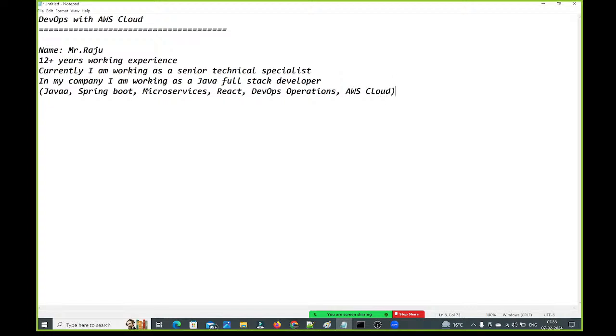Guys, I'm not only a DevOps engineer, I'm a complete full stack developer. Once a project is started, till delivery, till deployment, I'm involved in all the stages. So I can explain each and every concept in detail with internals, guys. Why? Because I am a full stack developer. I know the development, I know the operations, and I know managing the infrastructure in the cloud. So I can explain each and every topic in detail with internals.